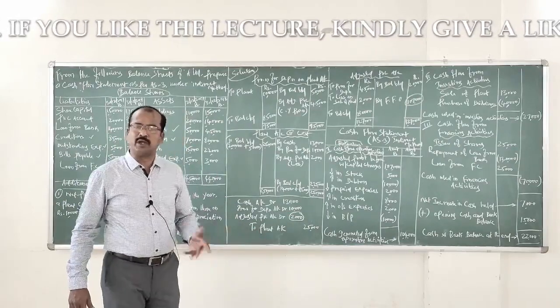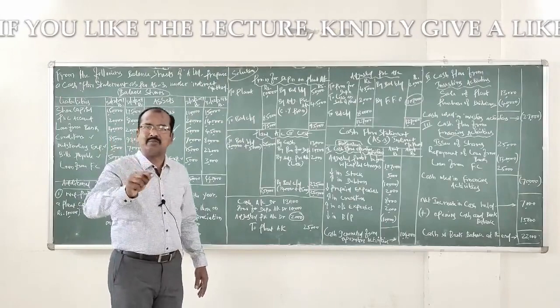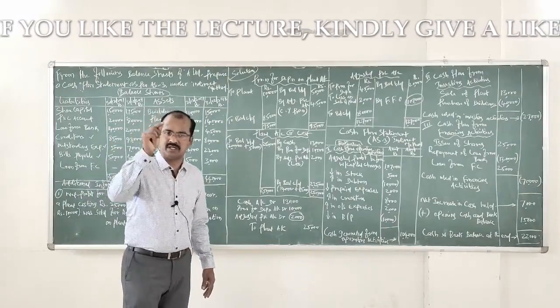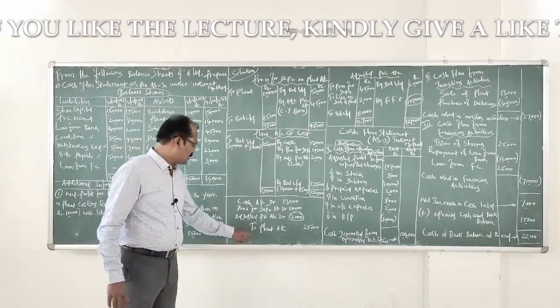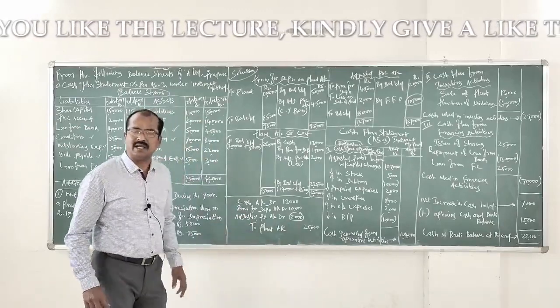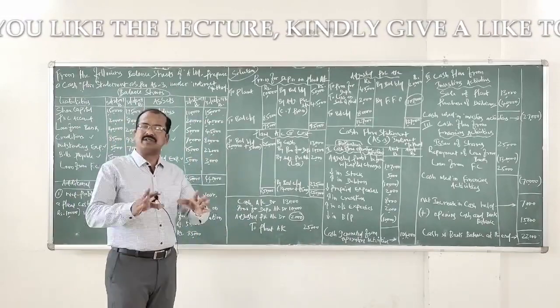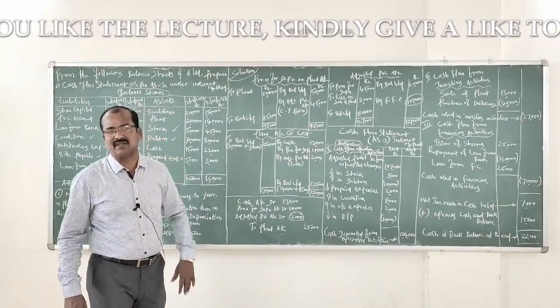The moment you debit provision for depreciation, you find the credit balance of provision for depreciation will come down by 10,000 rupees. That's an understanding. Then, to plant account 25,000. Now, what is missing in the debit side? We find there is a missing amount of 2,000 rupees, which is nothing but loss on sale of the plant.